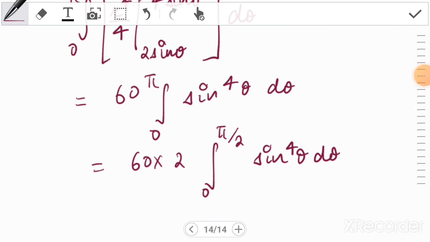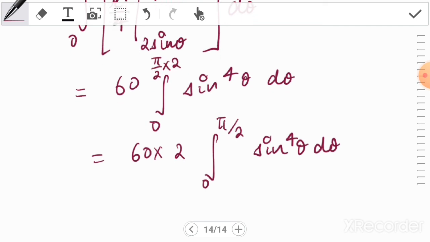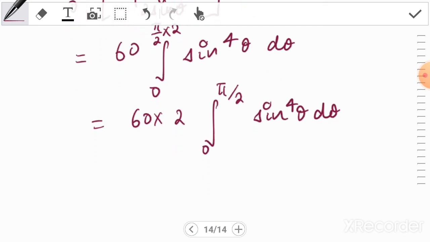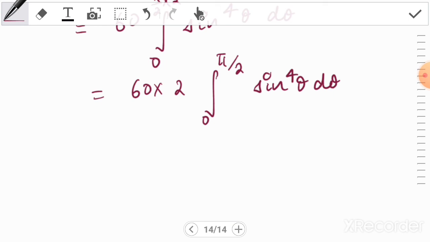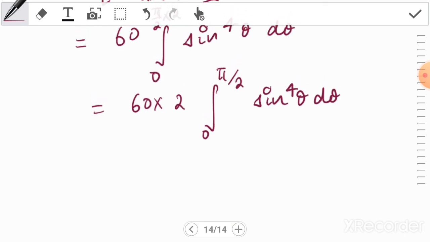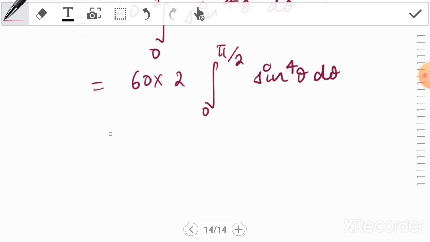Because we can write this pi as pi by 2 into 2. So this way you can take 2 out. Now using the reduction formula, Wallis's theorem formula, we have n as even, n is equal to 4, which is even. So for n is equal to 4, integral 0 to pi by 2